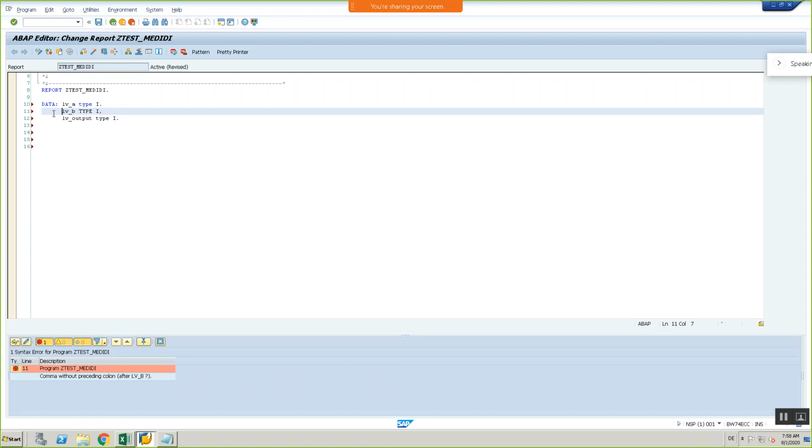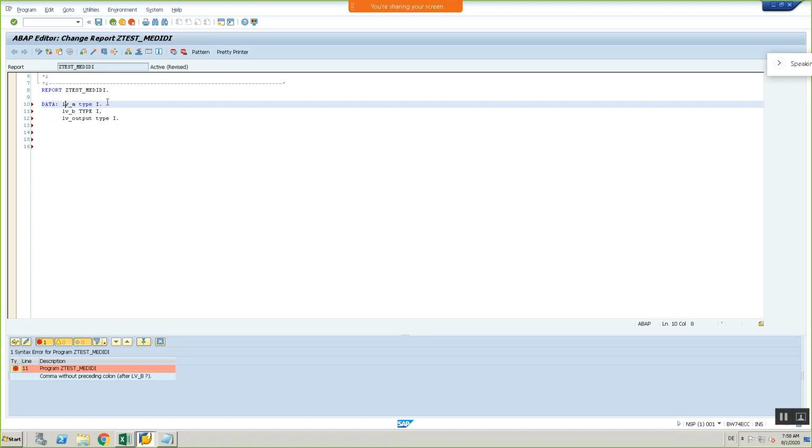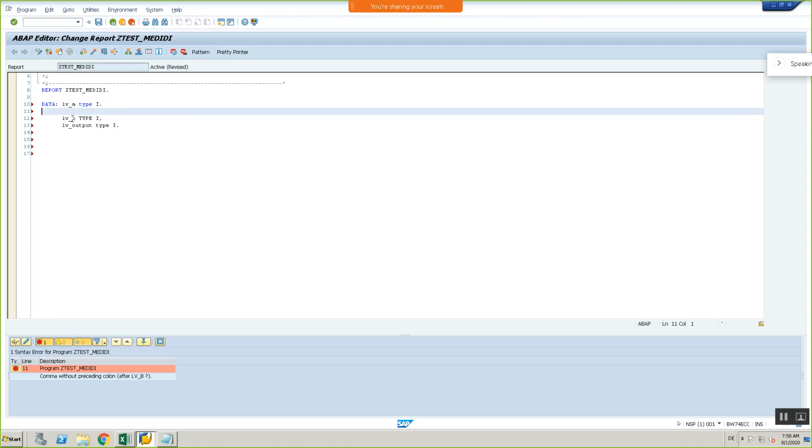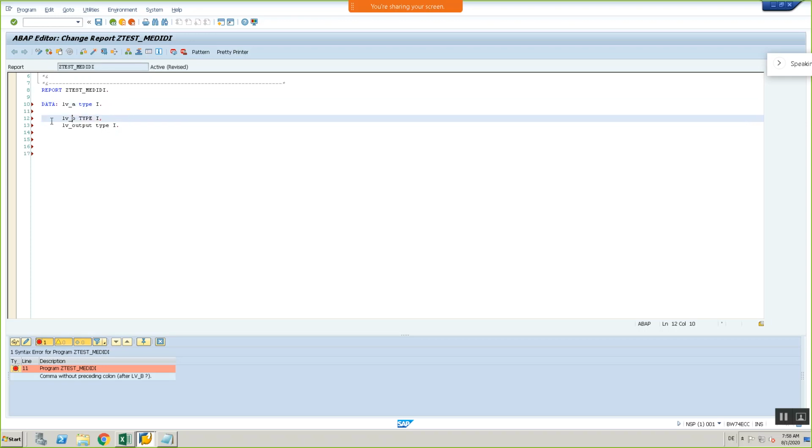Because here I am telling this is a local variable of type I. When I give a full stop here, the statement is finished. Now the system doesn't know what this LV_b is. Again I need to write the DATA keyword to tell the system that this LV_b is another variable declaration.